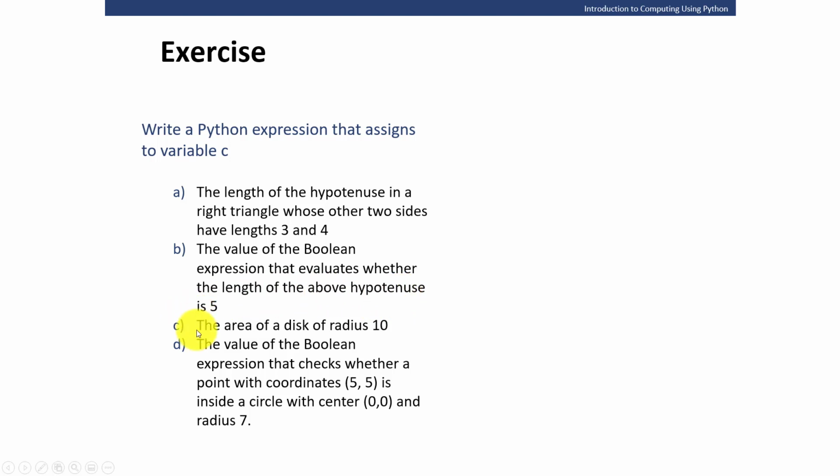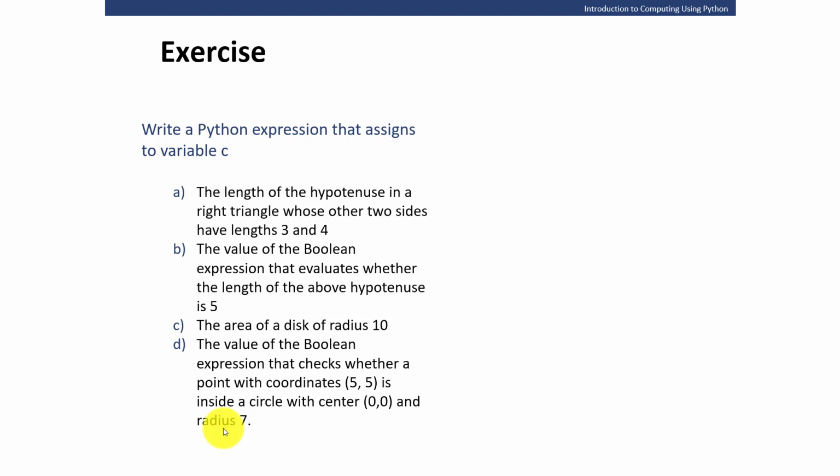Okay, the value of the Boolean expression that evaluates whether the length of the above hypotenuse is 5. The area of a disk, so here you have to find the area of a circle, and the Boolean expression that checks whether a point with the coordinate 5 is inside the circle with a center 0, 0 and radius 7. So that's something very interesting. So you need to review how to calculate the distance, and you need to review how to calculate the area of the circle,